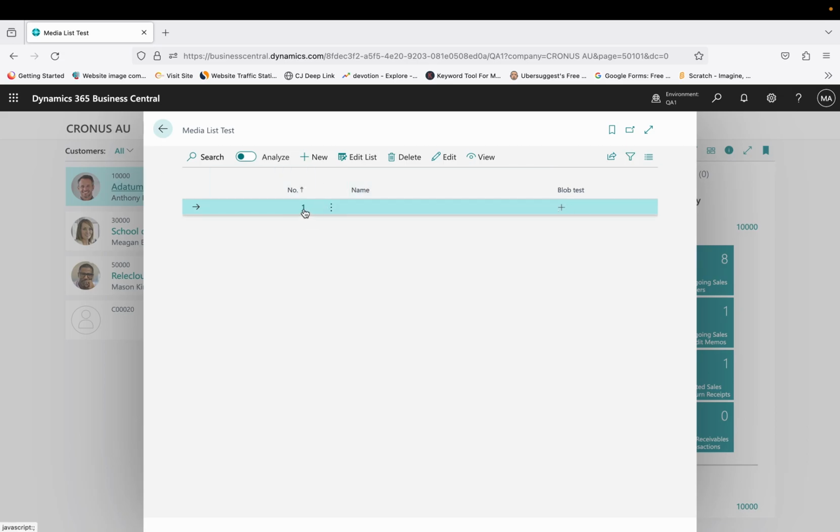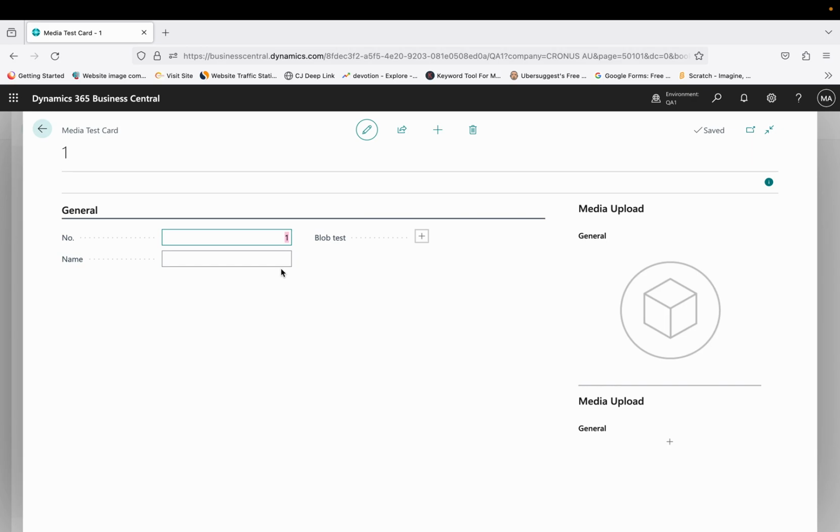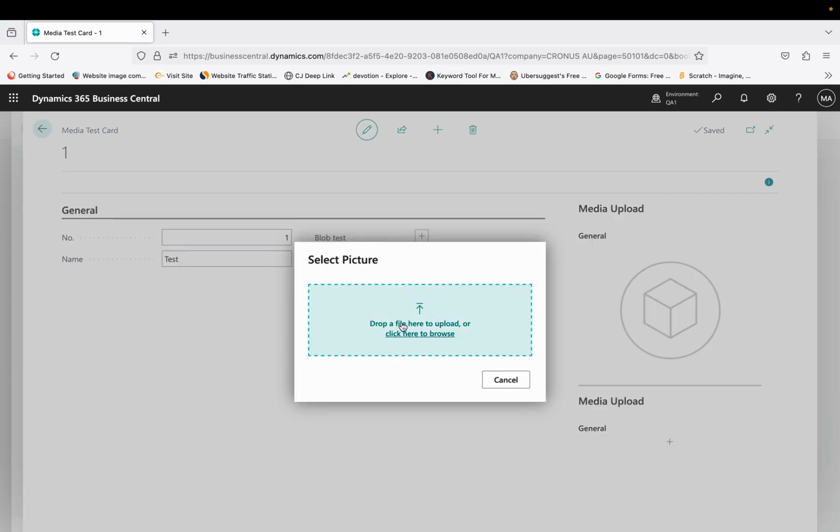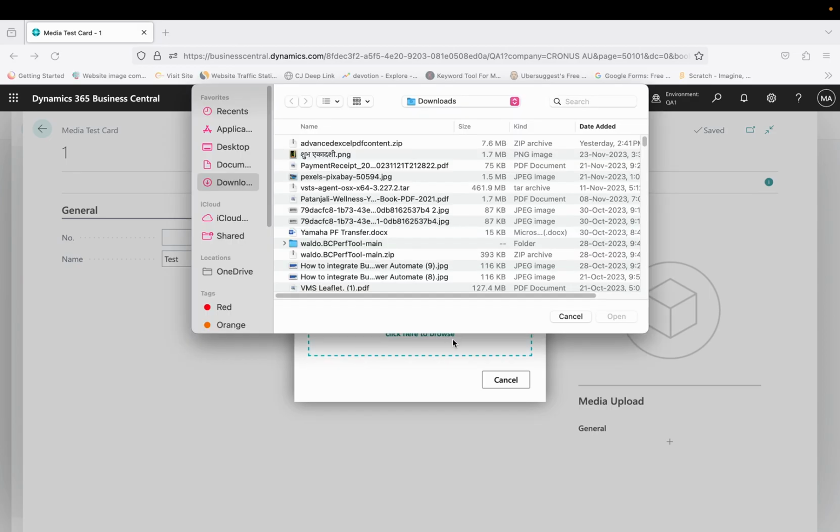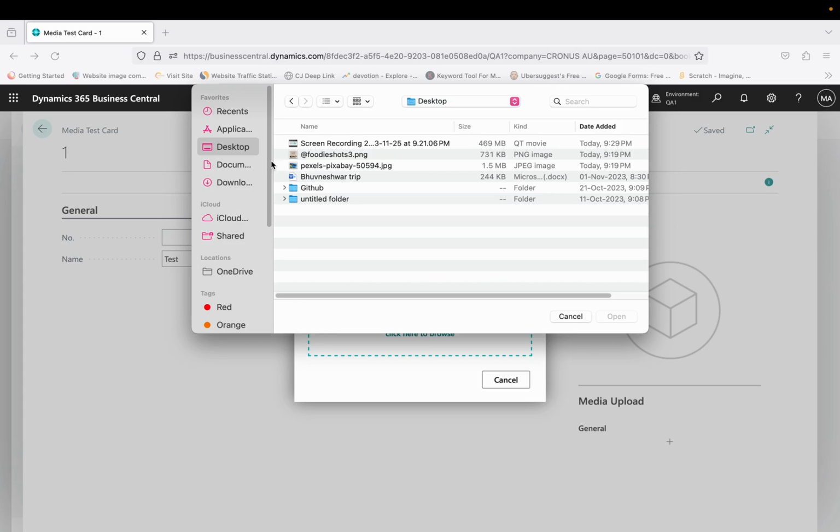When you open the card and click on this, you can see that it is clickable. When you click on this, it asks you to browse and upload an image. So for example, let's say I upload an image,